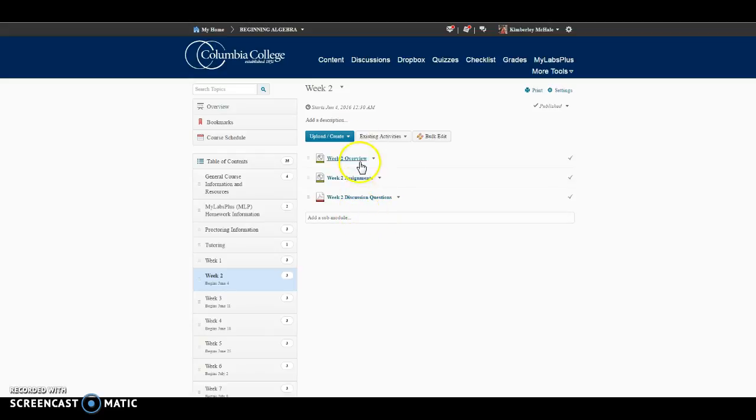Each week, this is where you would start. You would want to read this to discover what we're covering this week. This will let you know what to look for in your e-text and what homework you'll be doing in the MyLabs Plus